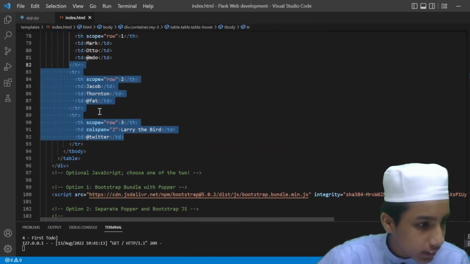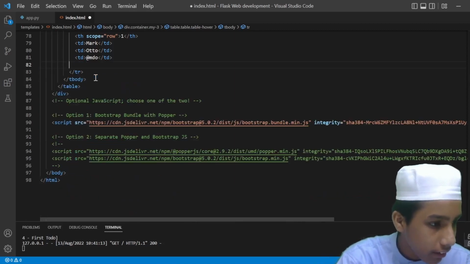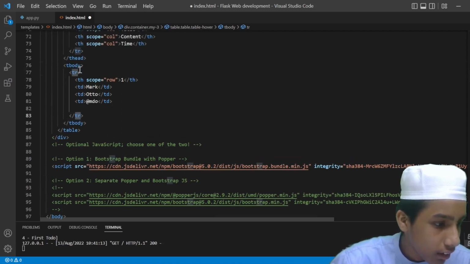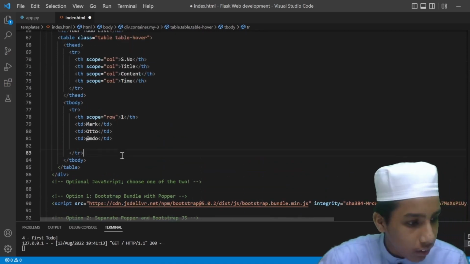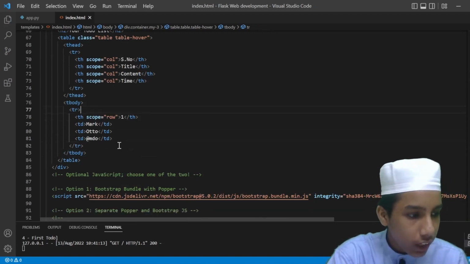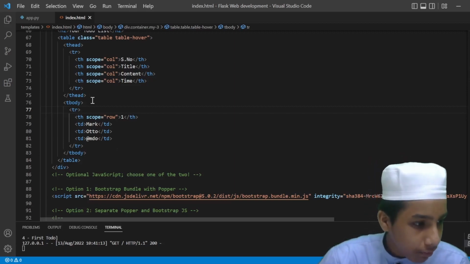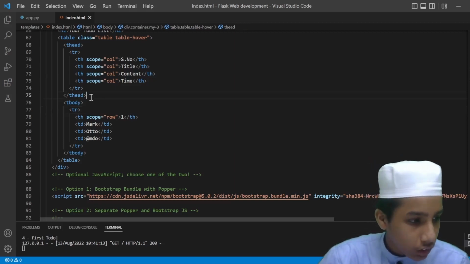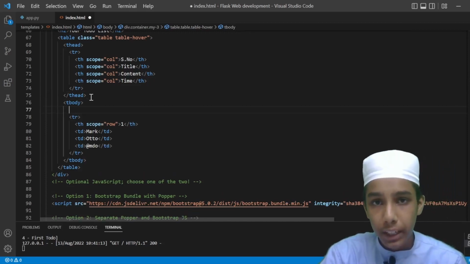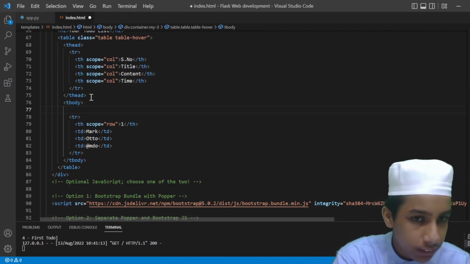So I'm going to remove this stuff from here. I'm going to remove this one. Okay, anyhow, now I'm going to keep this one and remove this one right now. So now we have something like scope, we have all of this stuff. Below this tbody, here I am going to use the Jinja2 template. For that, below this tbody I am going to use something like